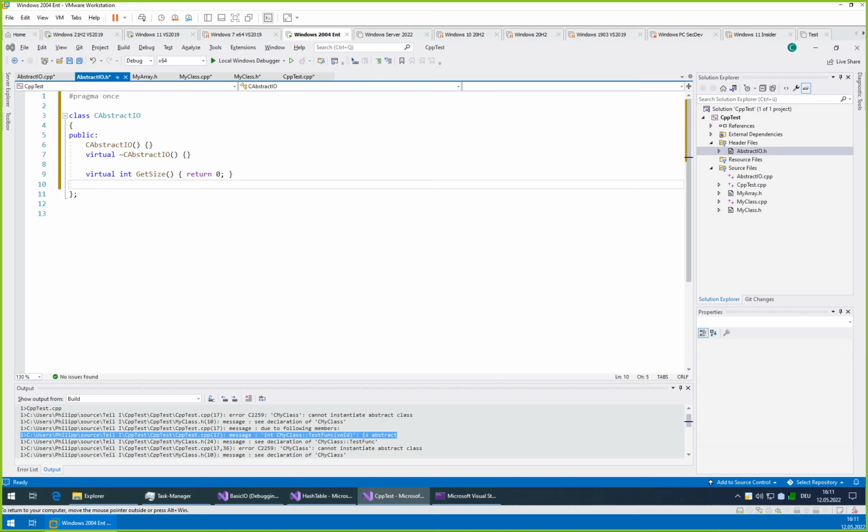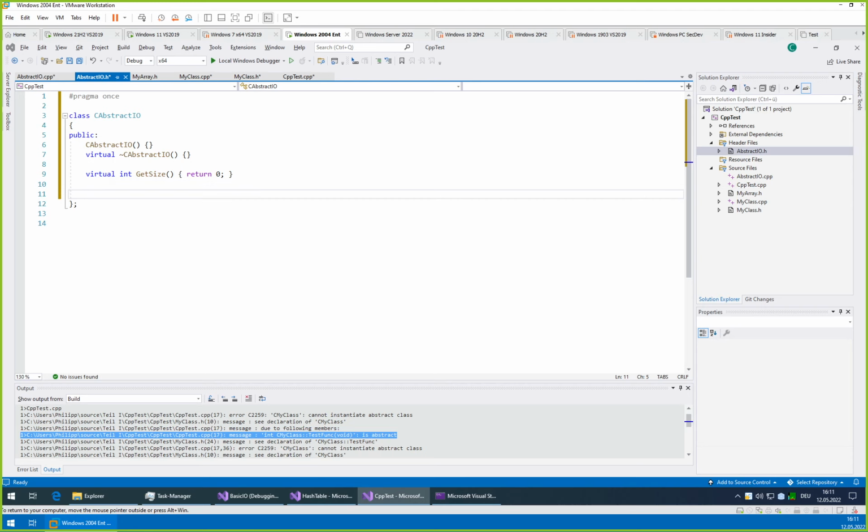Some of them are just streams, so you can read from it until you read everything. But this does not mean that it's empty. It just means that there are no data yet. New data may arrive at any point in time. But of course, for some of them, get size may have no meaning. So we give an implementation such that you don't need to implement it in the child class.